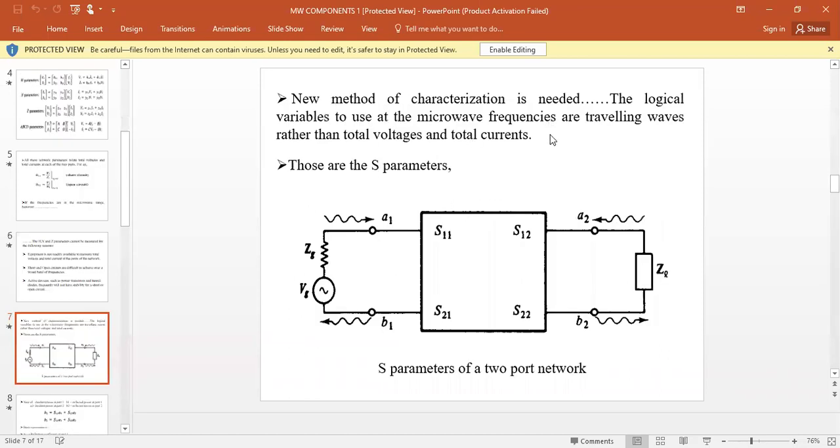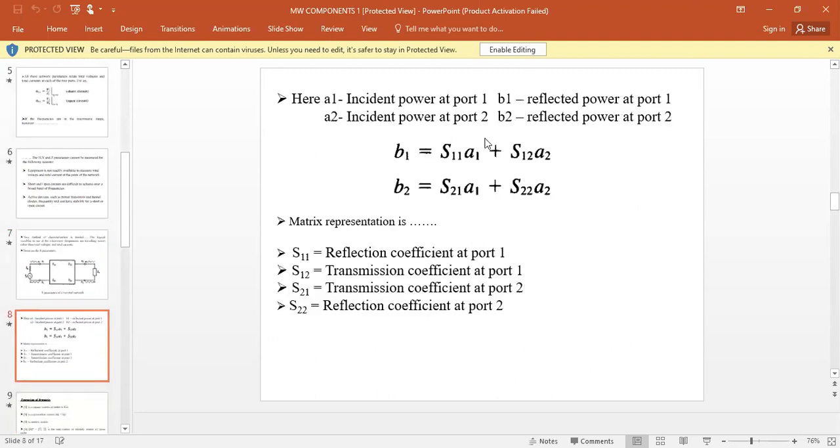So this is the S parameter, whatever you have seen in the previous diagram. A four port network here, but a simple circuit is given, and only a two port network will be considered. So A1 is the incident and B1 is the reflected wave. Similarly, A2 is the incident and B2 is the reflected. So whenever you calculate, B1 is equal to S11 A1 plus S12 A2, and B2 is equal to S21 A1 plus S22 A2. We can consider anything. Whatever we derived earlier, I took the whole thing. Simply, we took a two port network and calculated. Okay?